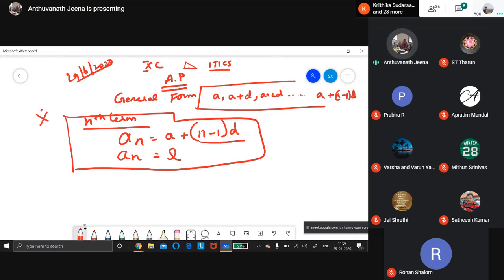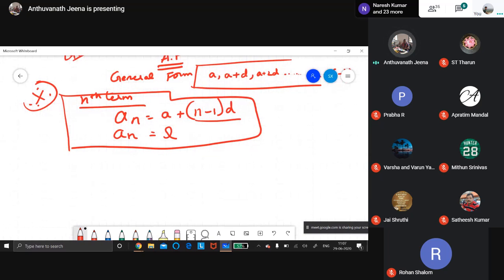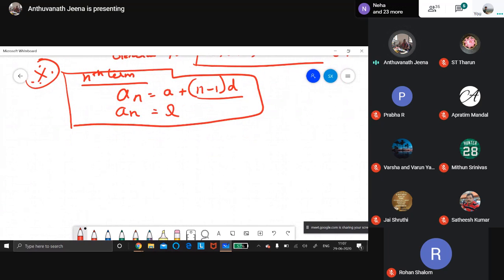I want all these things in your book. In your board work, all this should be neatly written. I have seen some are writing very neatly. Some are not writing board work properly. They do homework correctly but don't do board work. So please check the recorded session and write down correctly. Write what I'm telling that is important. I'm putting a rectangular box. You should draw that box in pencil and write neatly, so that during exam time it stays strong in your memory. Draw this and put the important symbol.